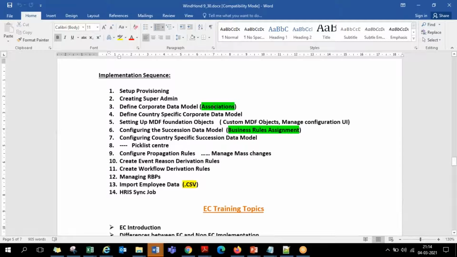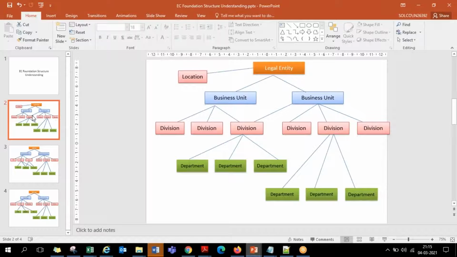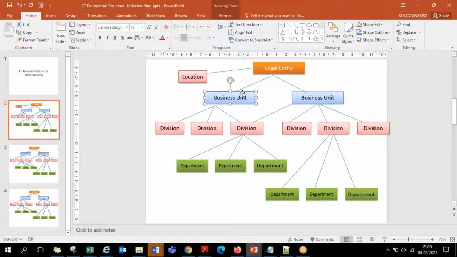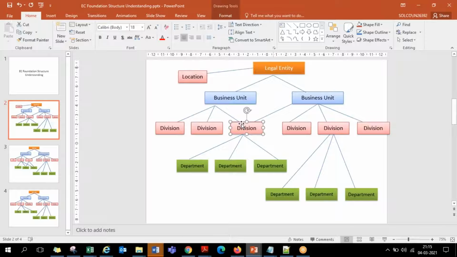Okay, to start looking at an example, whenever you are hiring an employee, based on the data selected in one field, the system can filter the data in the other field. For example, here we have legal entity and business unit. Once I select a company under one business unit, at the divisions level, under this business unit, there are 3 divisions. Among those only I have to hire him. The other divisions which are under the other business unit, I should not hire them.